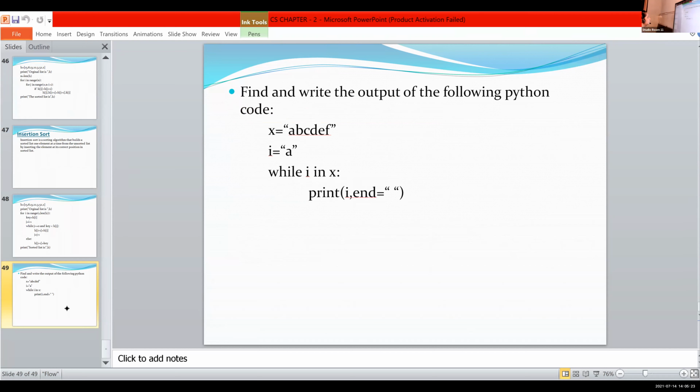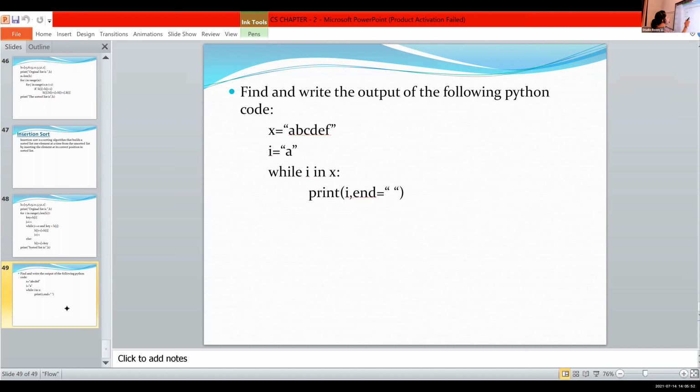X is equal to A, B, C, D, E, F. I is equal to A, while I in X, print I, comma, end is equal to space. Here there is no need to run this program in the compiler. You just find out without running, okay?